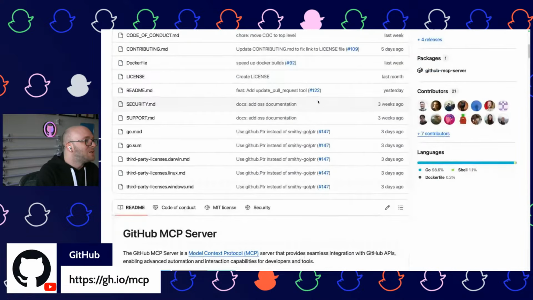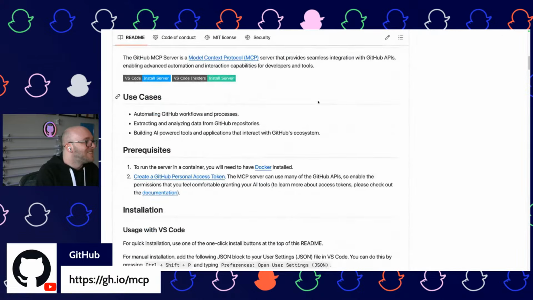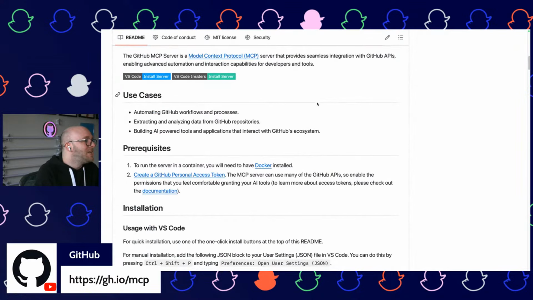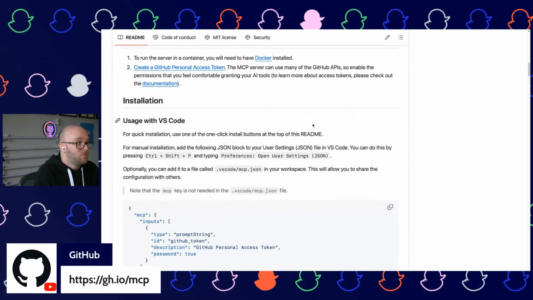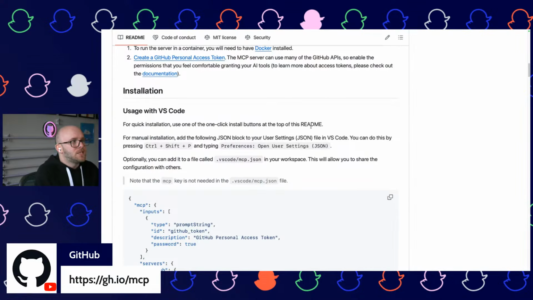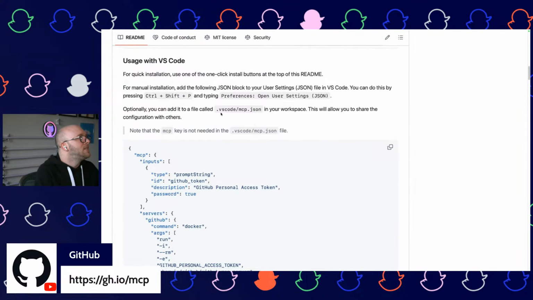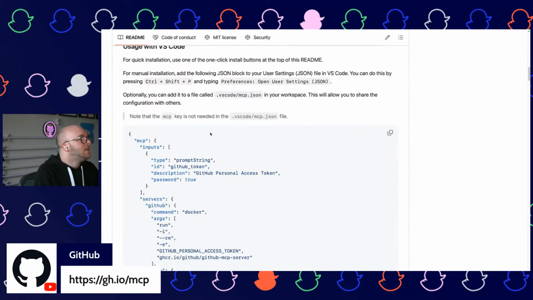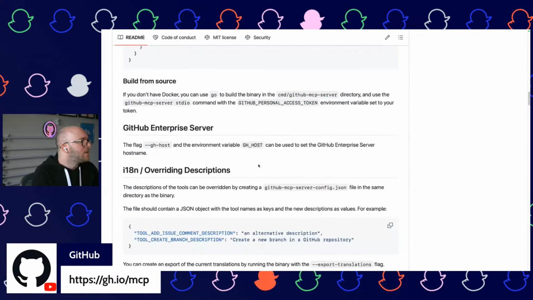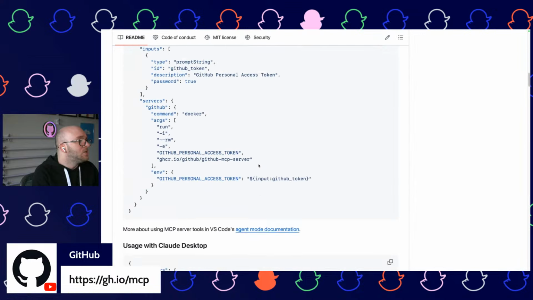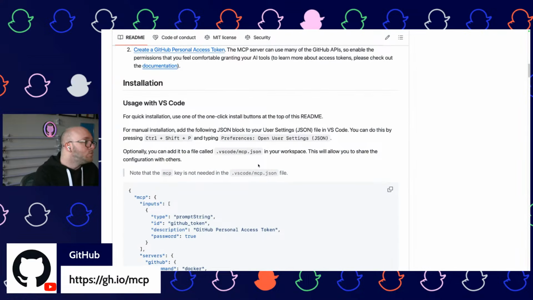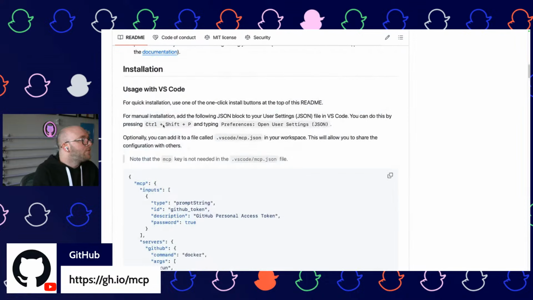But the team are hard at work on changes here as well. But really, this MCP server is the set of capabilities if you wanted to interact with GitHub. There used to be a reference implementation from Anthropic. GitHub recently took ownership of that. And you can see in here, there's a few ways that we can go and make that run. Now, of course, you're not just limited to using this in Visual Studio Code. So if you're, I guess, using Claude Desktop or any of the other local AI tools that support MCP, you can go and use it there too. But here's an example of using it with VS Code.